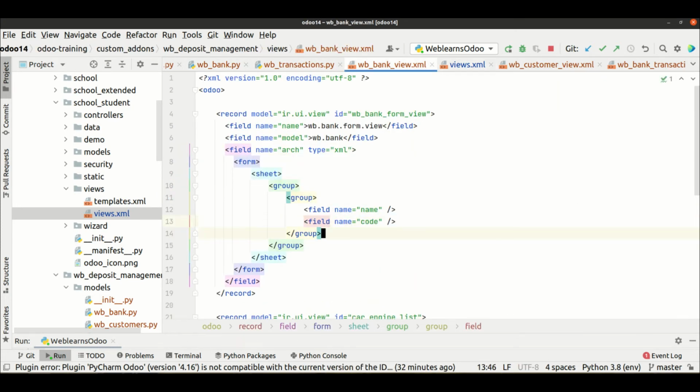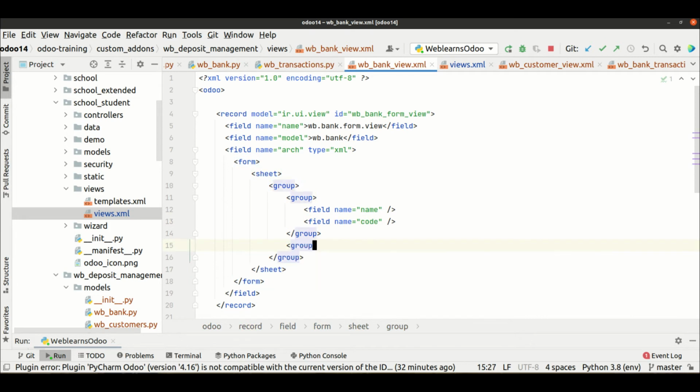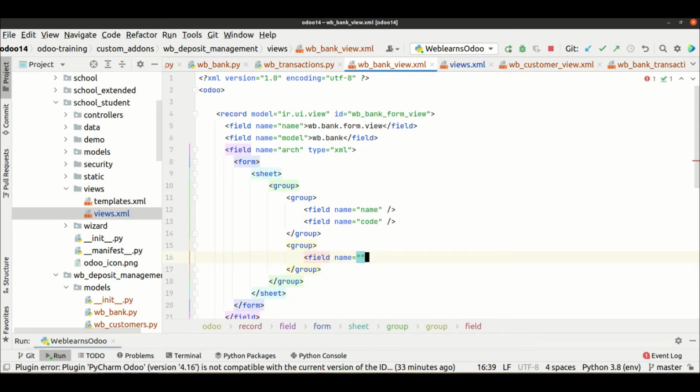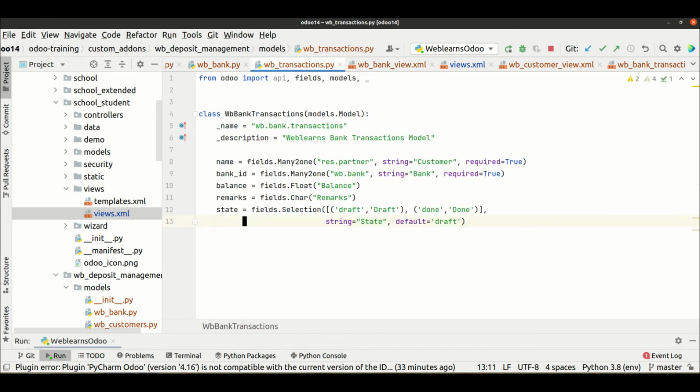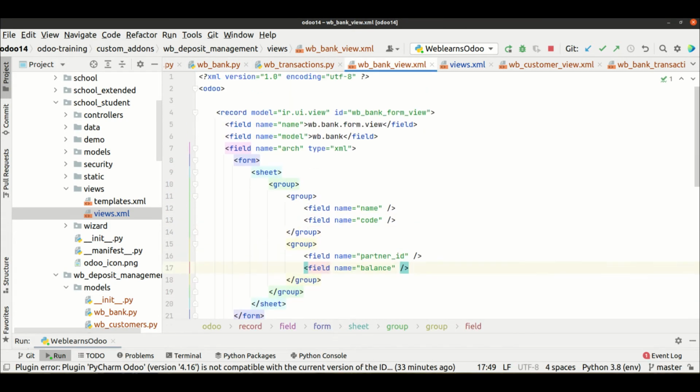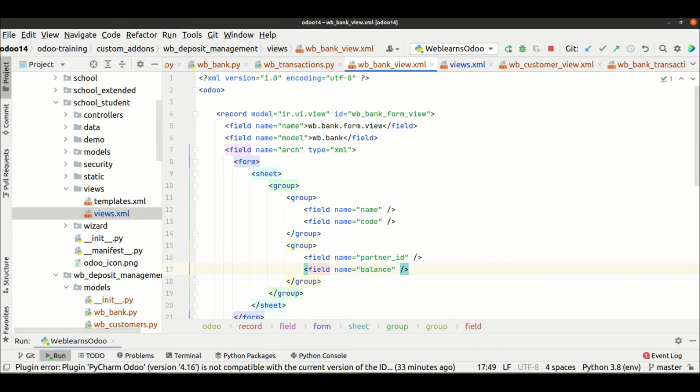All right. Group, field name partner_id, and yes, field name balance. Okay, so partner ID, that's it. So this is our form view,